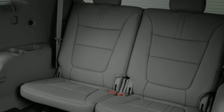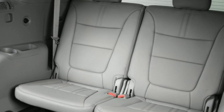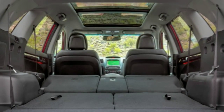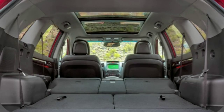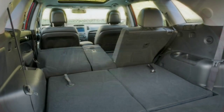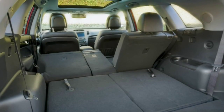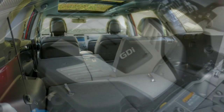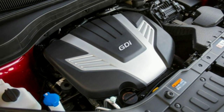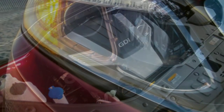Review, 2015 Kia Sorento. What's new for 2015? Apart from a minor shuffling of features, the 2015 Kia Sorento carries over essentially unchanged. Introduction. After last year's significant but essentially under-the-skin redesign, the Kia Sorento carries over for 2015, and as such it